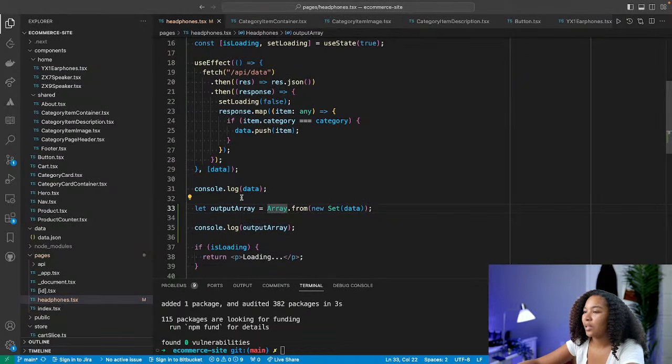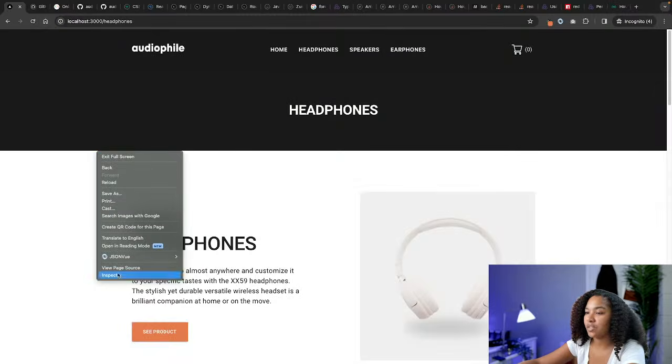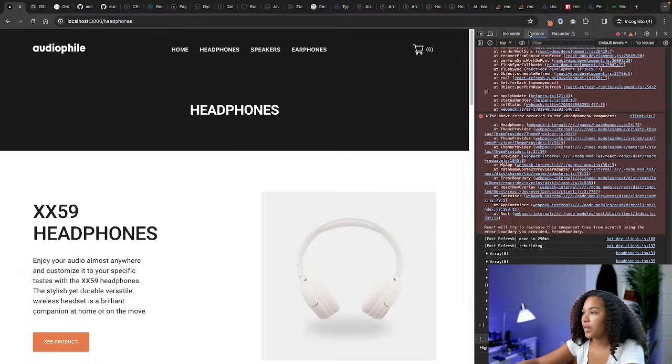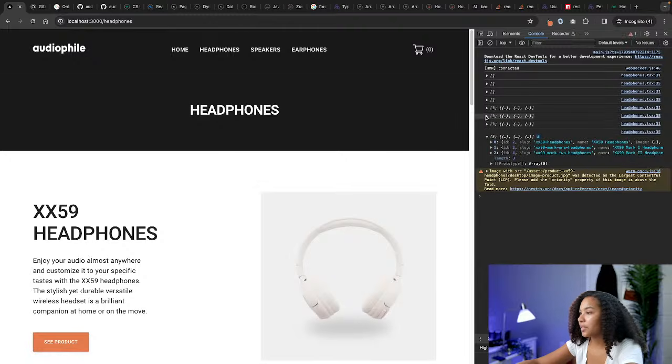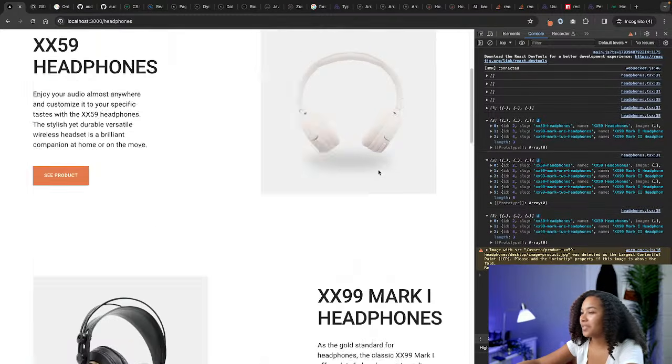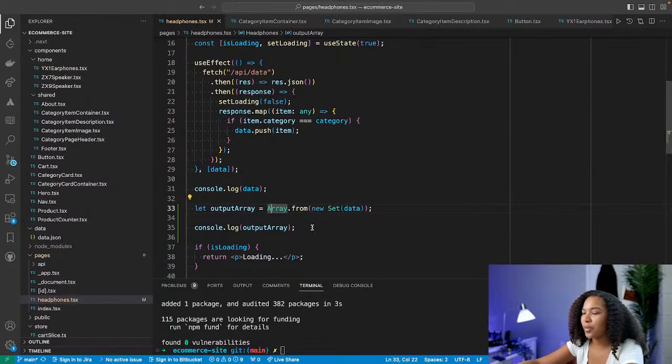Cool. Let's see what this gives us here. If I make a new set, refresh that. Awesome. I'm getting 3s, which is what I love to see. I'm also just getting 3s regardless. So maybe,